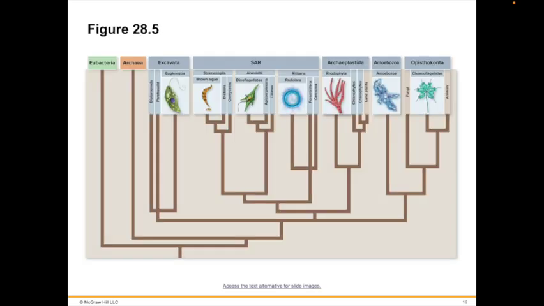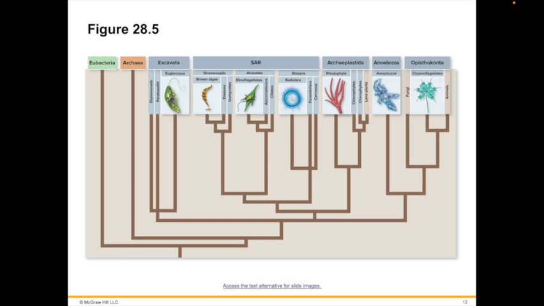And let me pause here for Figure 28.5. So in this figure, you're shown the eubacteria, root of the tree. You're shown thereafter archaea. And then from there, we have these 5 supergroups, which include all eukaryotic life, and of course the protists. So if you look at Archaeplastida, you see the land plants, among other photosynthetic organisms. Thereafter, you see Opisthokonta, and you have their fungi and animals.